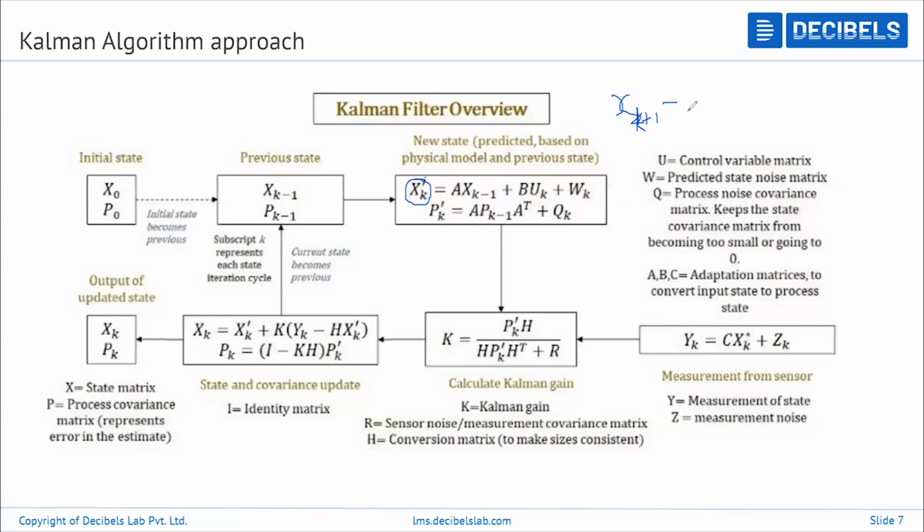Yes, equal to A x k. You can keep it as k or like k minus 1. So if you are keeping it as k minus 1, this will become k. So I'm not going to the future, right? I'll just make it k minus 1, and I'll make this as k